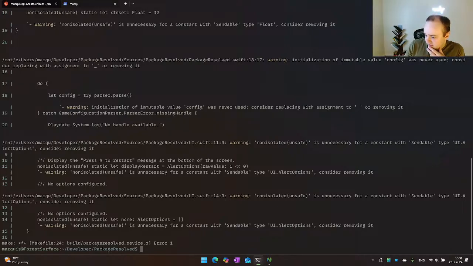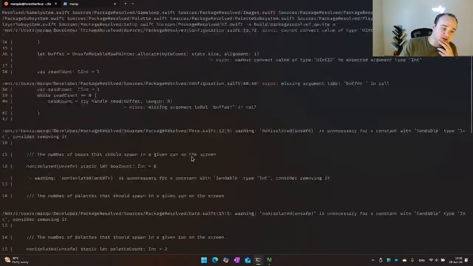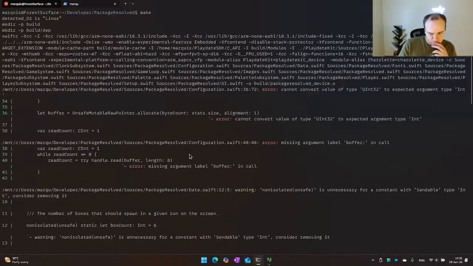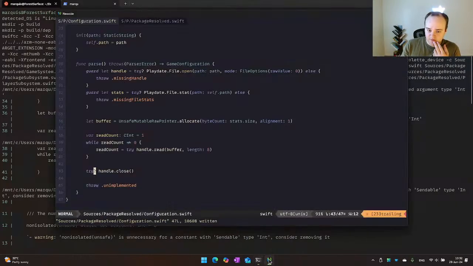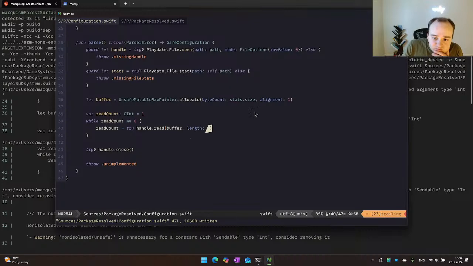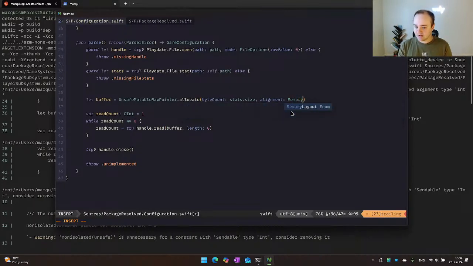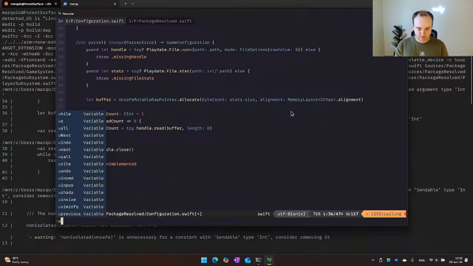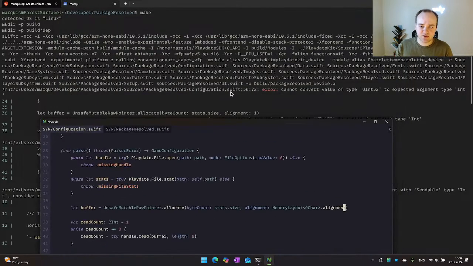Use memory layout cchar instead of 1 to be more correct. Okay. Yeah, also it didn't quite like that. Fine. Yeah, let's do that. MemoryLayout C char dot alignment. Now, what was it that you were complaining about over here?